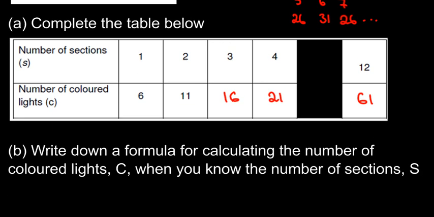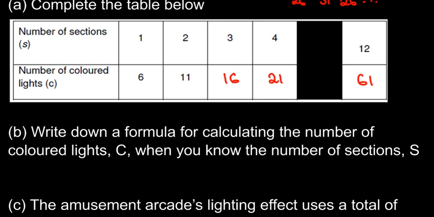So part B, what is this asking me to do? It's asking me to write down a formula for calculating the number of lights, which we're going to call C, when we know the number of sections, which is S. Most of these formulas involve a multiple of the first thing. So C is what we're looking for. So C equals something S,